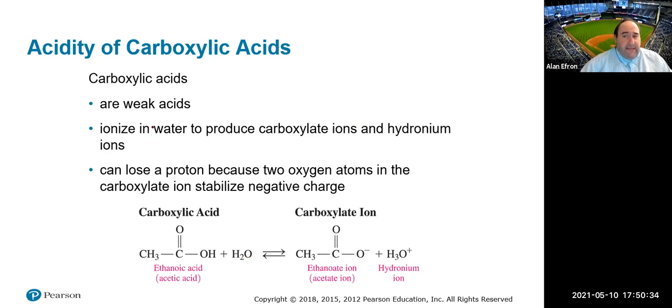Carboxylic acids are pretty much what they sound like. They are acids, which means they tend to react like acids. A lot of them are weak acids, like acetic acid, which is this guy right here. Weak acids, as we talked about in an earlier chapter, are basically weak electrolytes,